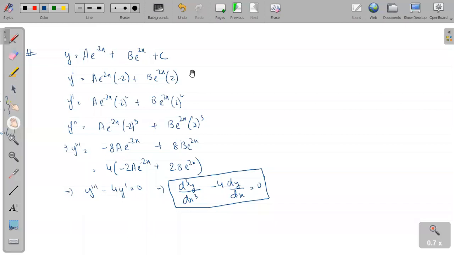Is it clear to you? I'm not getting. So the entire procedure I understood, but what is your exact doubt? You are saying, sir, is it possible that y triple dash and y double dash both come? No, it is not possible in this particular question, because the only solution we are getting is y triple dash minus 4 of y dash is equal to 0. This is the solution. It is not that one answer comes like this and one answer you will get y triple dash minus 4 or y double dash plus something. It is not true in this particular question. This is the only answer.